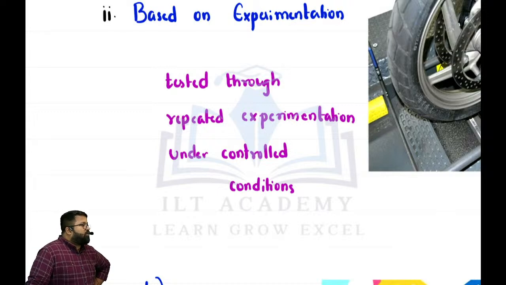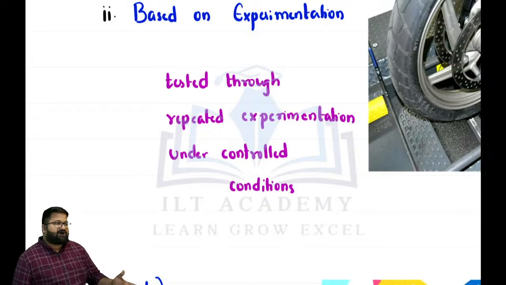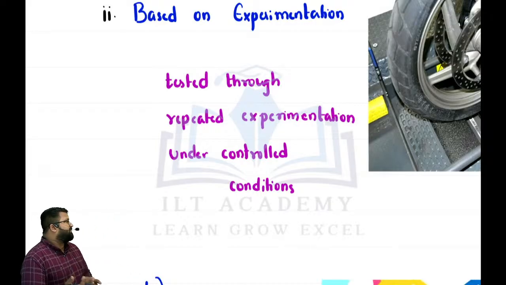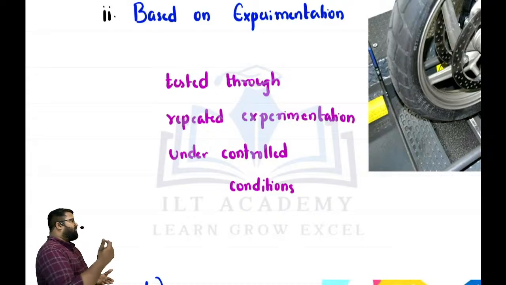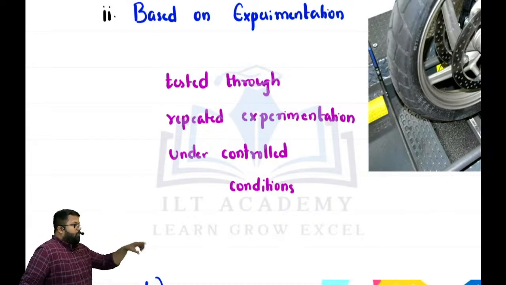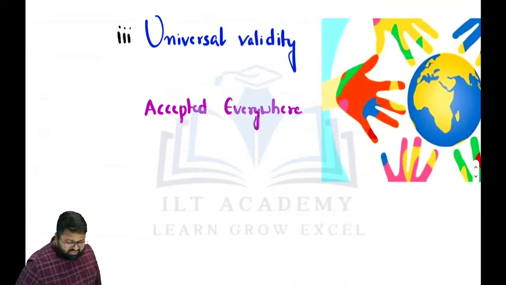Sir, what are we going through, ma? First, what is meant by art? The meaning has gone through and we compared our management with art. As it is satisfied, we can conclude that management is an art. And next, whether management is a science or not. First, we need to know what is meant by science. Once we are clear with the science points, we check whether those points are applicable to our management or not. That's the comparison. Okay. And next, third one.